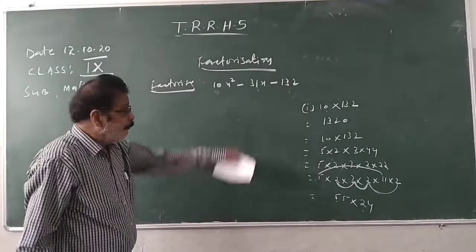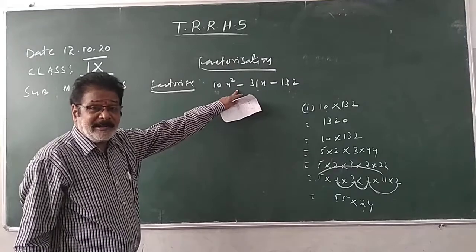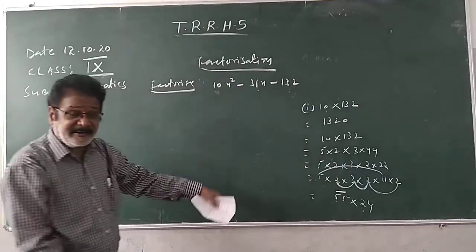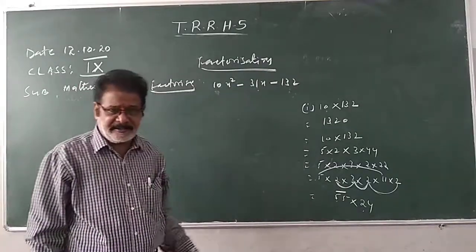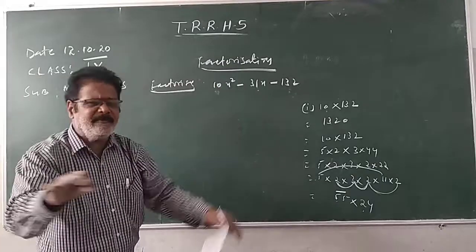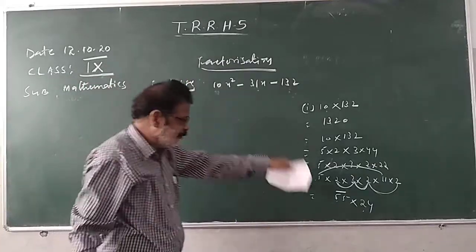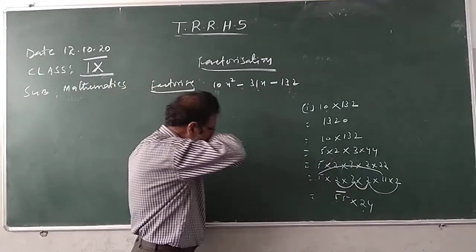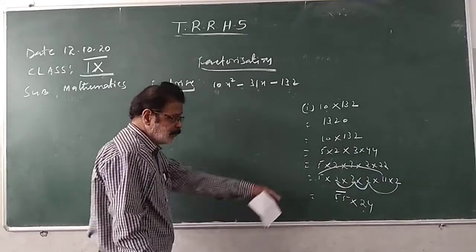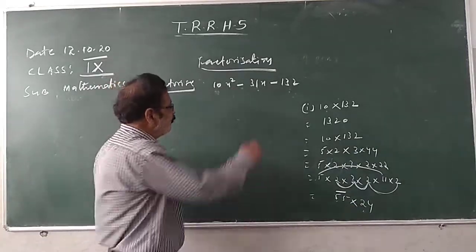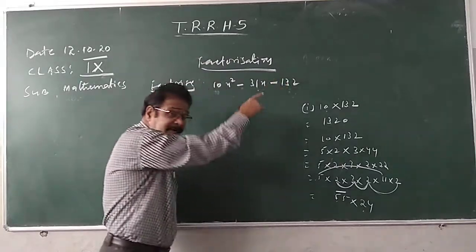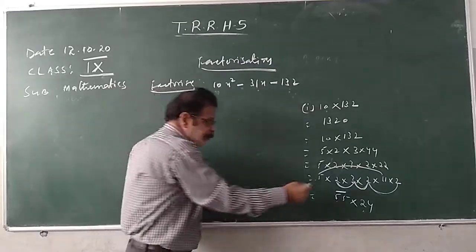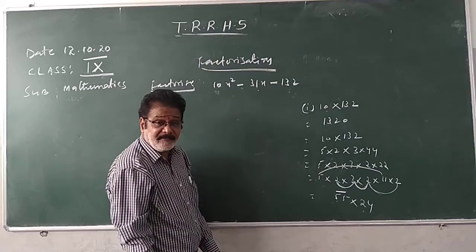Now allot the signs. The middle term sign should be allotted to the greater factor. What is the middle term sign here? Minus. This minus should be allotted to the greater factor. Which is greater, 55 or 24? 55 is the greater. Whether the middle term sign is plus or minus, it should be allotted to the greater factor. Here it is minus, so it is allotted to 55. What about the smaller factor's sign? We have to allot the sign to 24 also. So see the constant. What is the constant here? Negative. When the constant's sign is negative, allot the opposite sign of the greater factor.